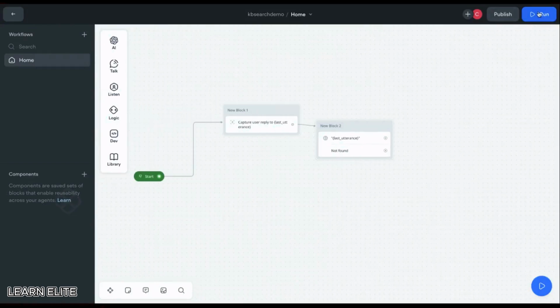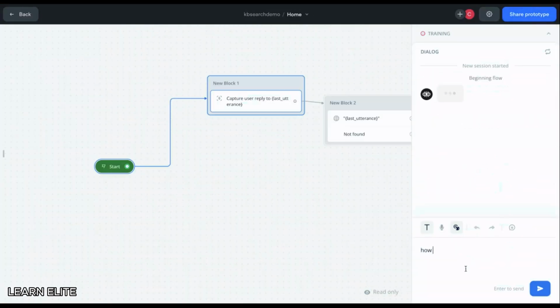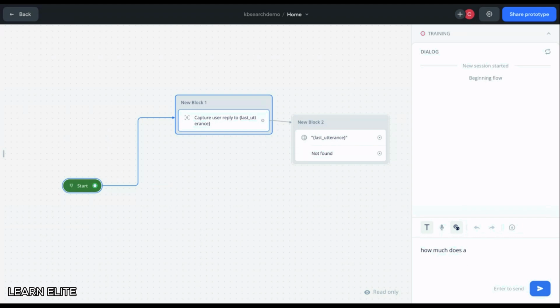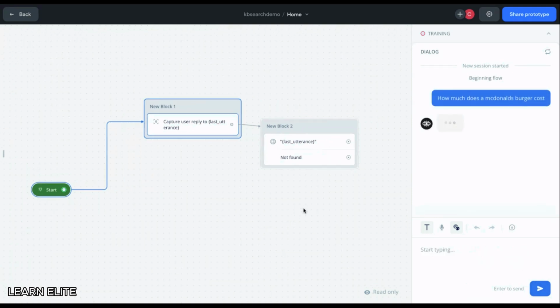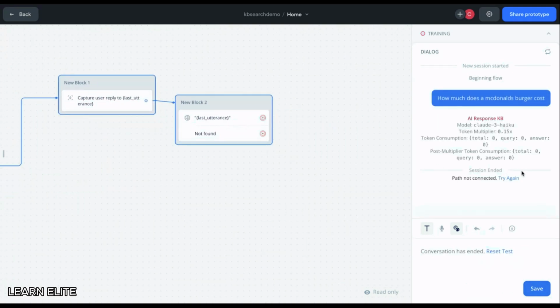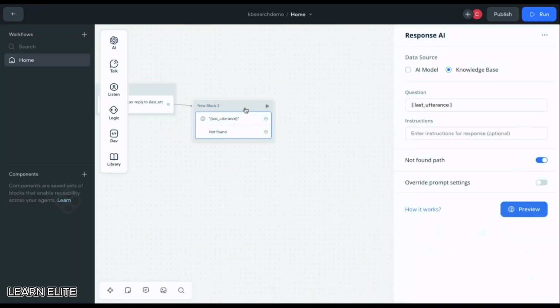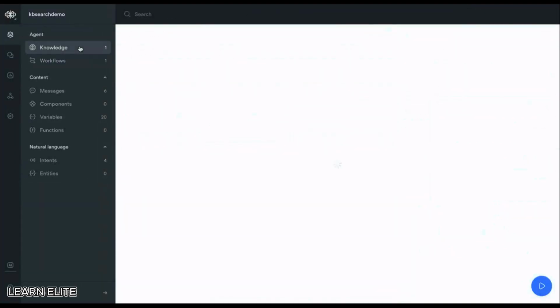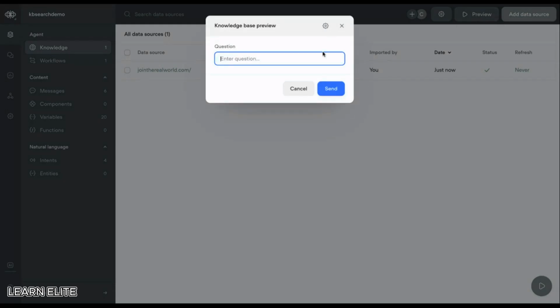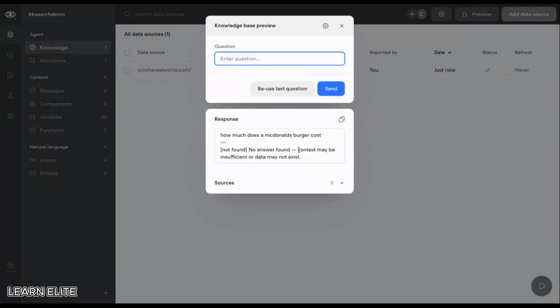Cool. Now let's see what happens. How much does a McDonald's burger cost? All right, cool. It should give us not found. Yeah, path not connected. So basically, if you were to go into the knowledge base and preview it, and I were to say, how much does a McDonald's burger cost? And then send this, not found. You can see